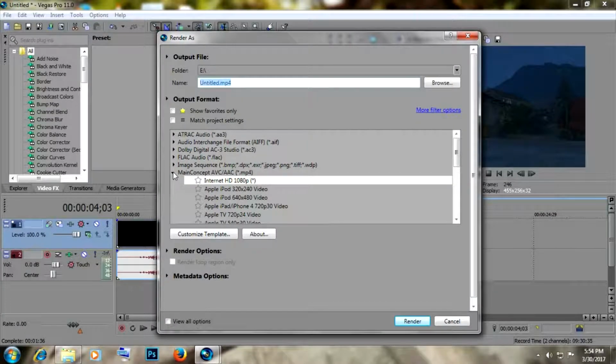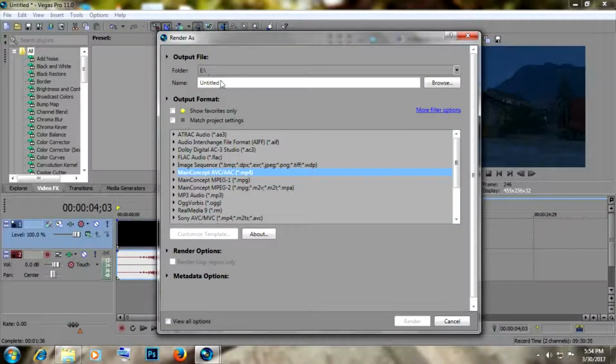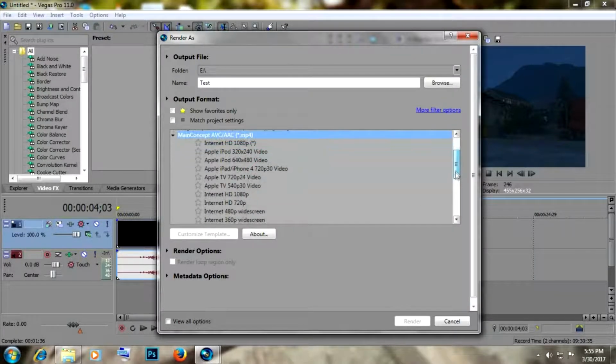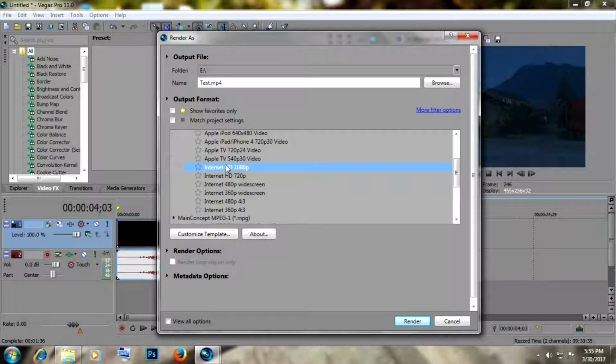Then you gotta name it something. I'll name it test for now. And then you need to go to this thing called MainConcept AVC/AAC .mp4. Just go into that and choose Internet HD 1080p. So just click on that and click on customize template,